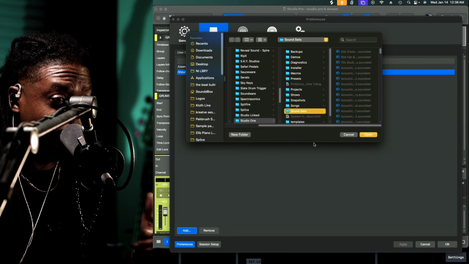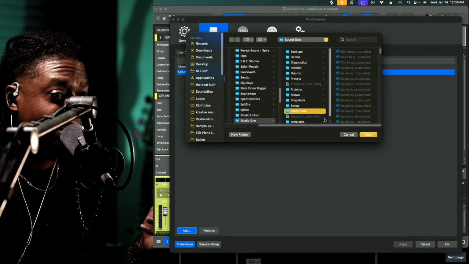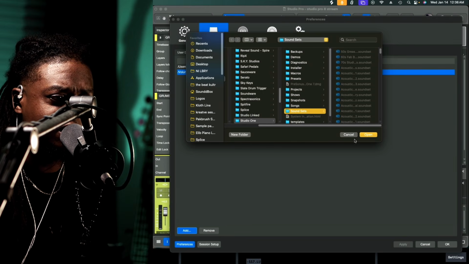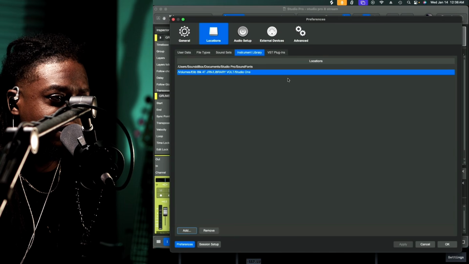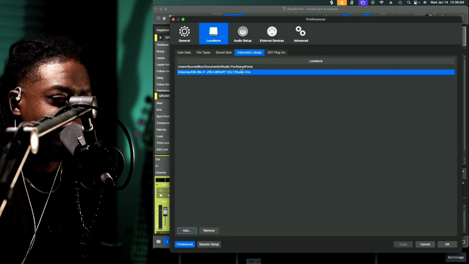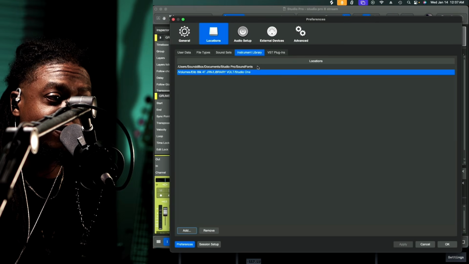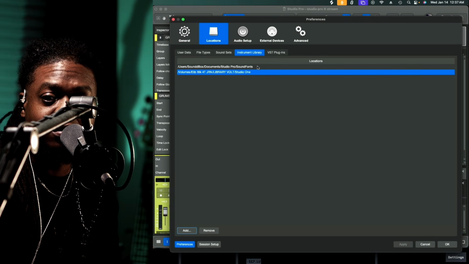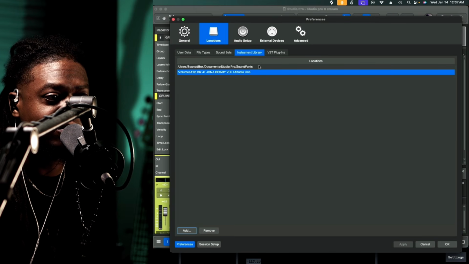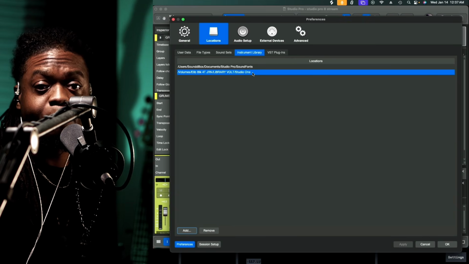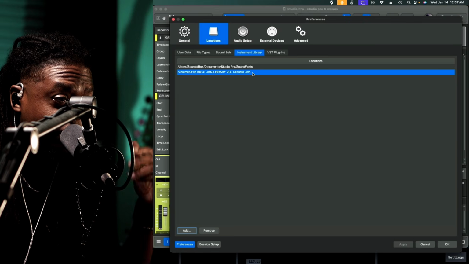And again, I went through and found Studio One, and I just selected Studio One in this case because what's weird about this area is that I noticed that by default it wants to search for sound fonts, but I didn't see any sound fonts folder associated, so I'm not really sure. But I just went ahead and made sure I picked Studio One, and that's what I did for the instrument